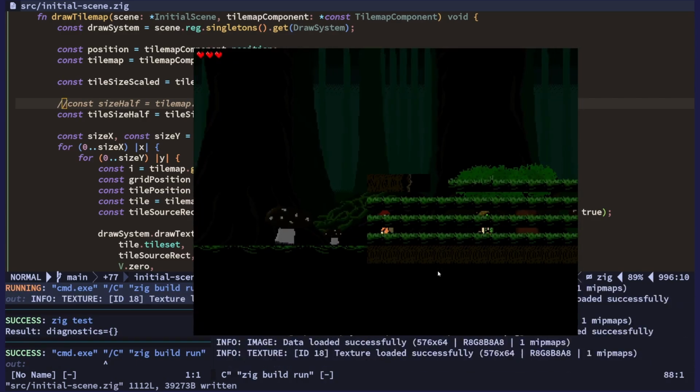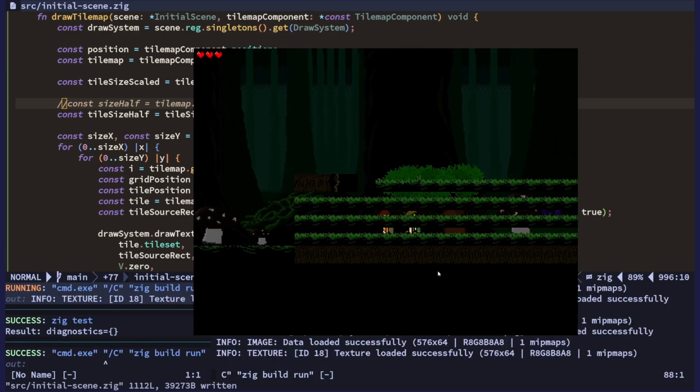Okay, well, now we actually see the thing. This is super weird because it looks like it starts at an entirely different position than 0, 0. And then it goes over to the right. So I guess that's correct, but